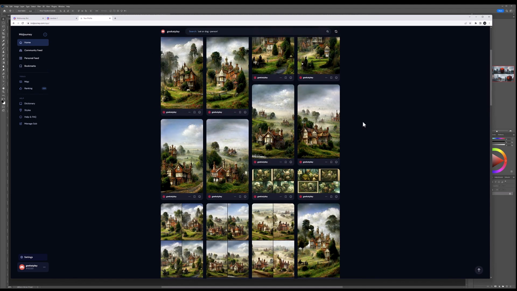If you are interested in rendering now, sorry, let's go a little bit more technical. From my point, what I do for myself: when I render images, I usually render them in portrait or landscape. So you have options to specify inside the string. It's dash dash AR and after a space like 16 colon 9. So it's 16 by 9. You can specify the ratio that you want to render.